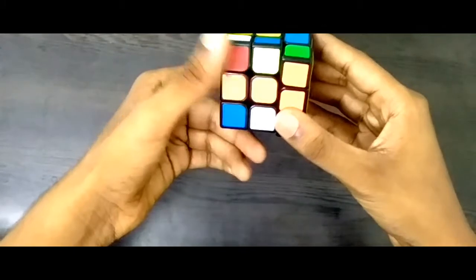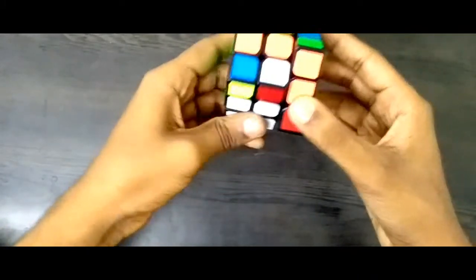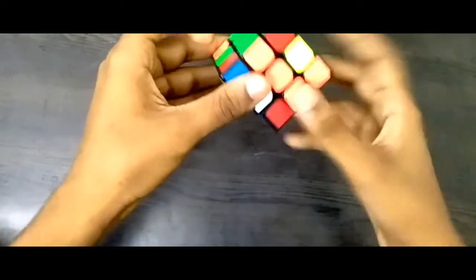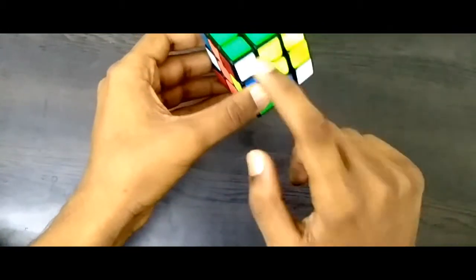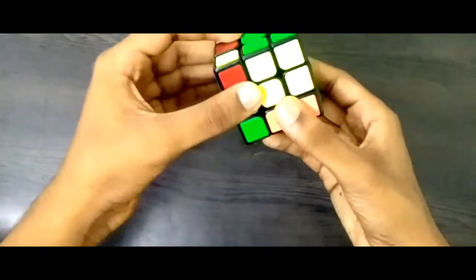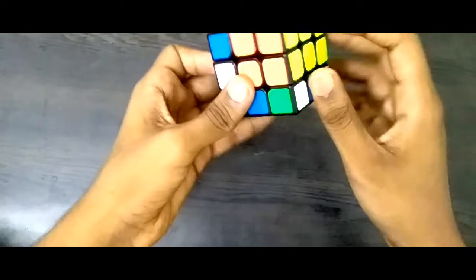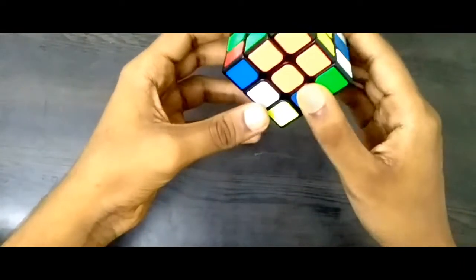It should go to the orange and yellow centerpiece. Here, yellow and orange, so it should be filled here. The spot is here. Where it is to be filled, move that away, bring that down, place that in, lift that out, and here you solve it. Now